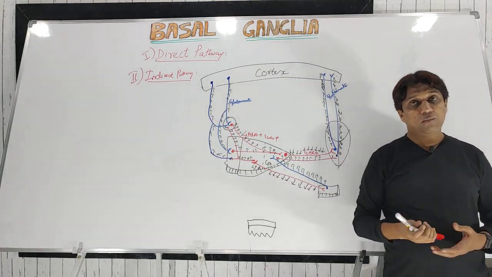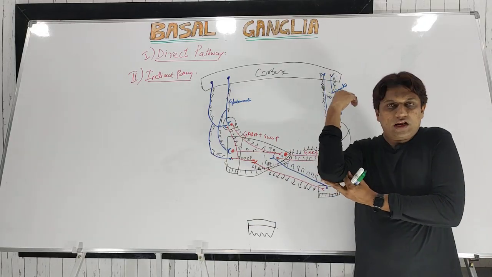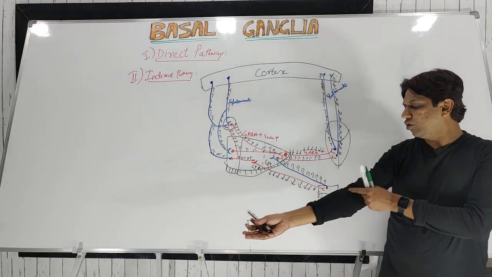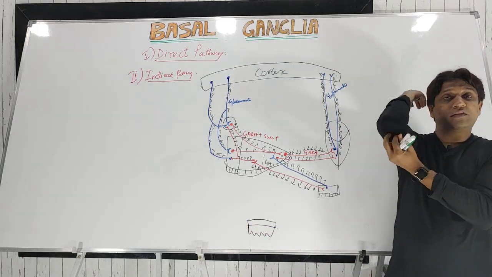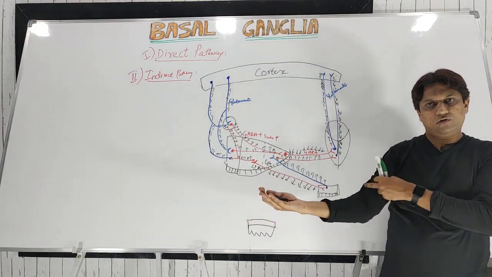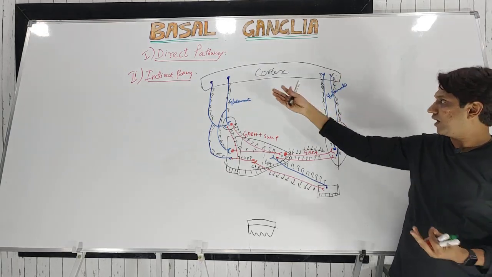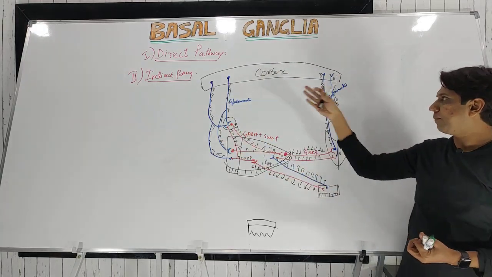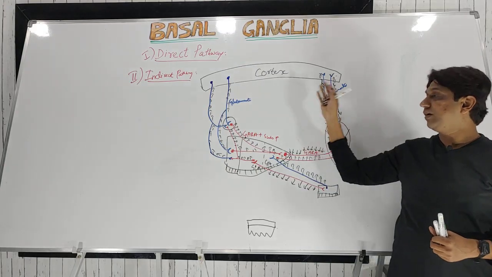Now we require both, because for a motor activity, for example, if I want to do a particular movement of a joint, one group of muscles has to contract and simultaneously the other group of muscles has to relax. Suppose I want to flex this elbow joint: you can see the biceps muscles are contracting and the triceps muscles are relaxing. So the inhibition, for relaxation, is sent via the indirect pathway, and the signal for contraction goes by the direct pathway.